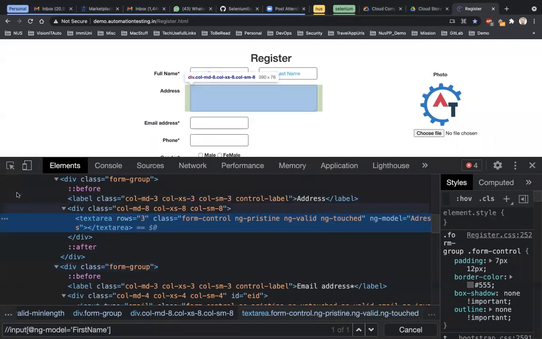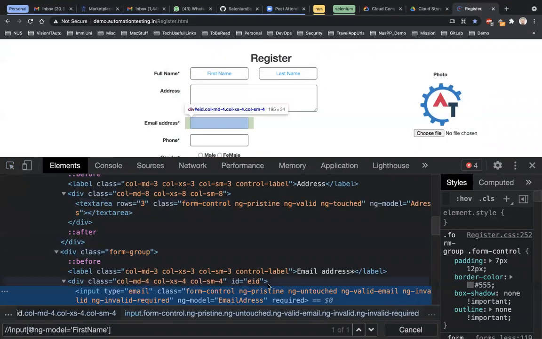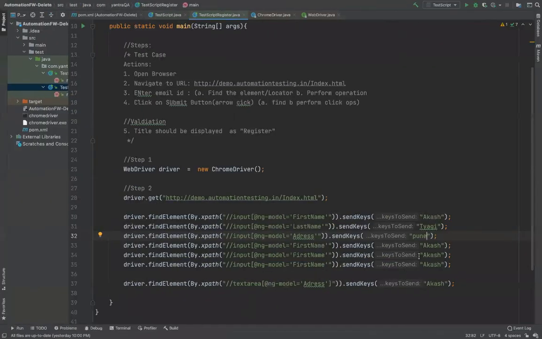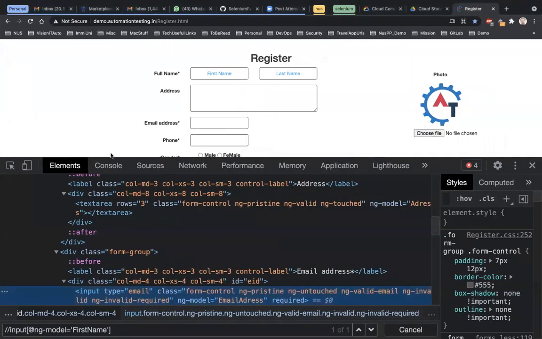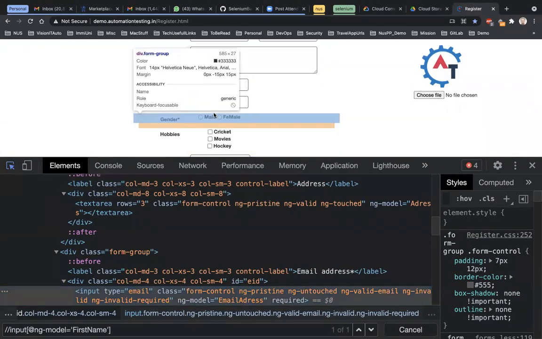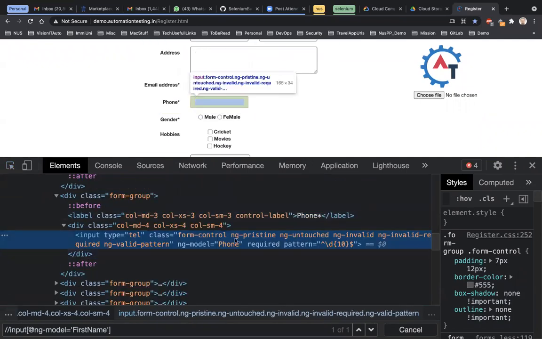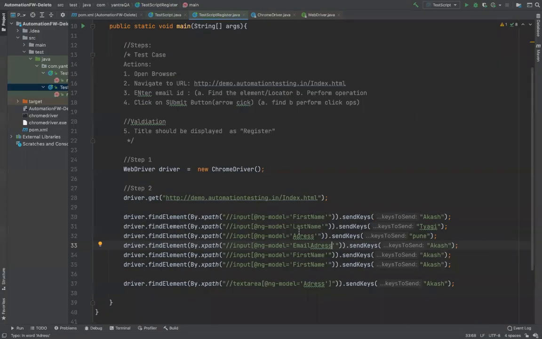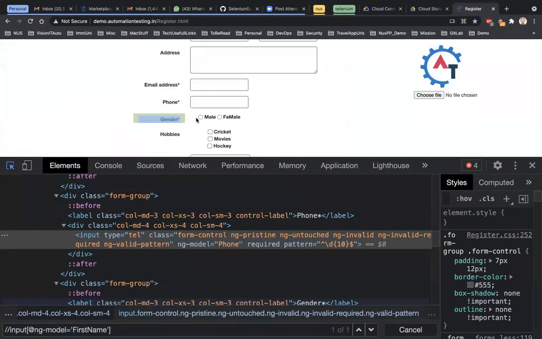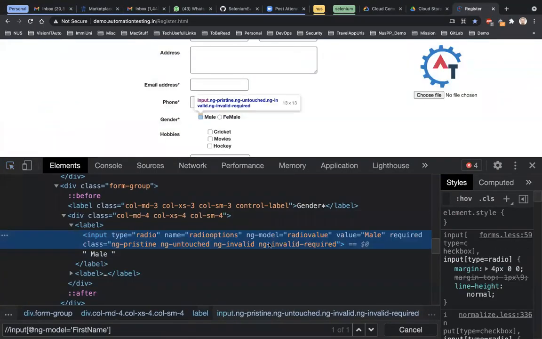Then email address, this is my email address. Then my phone number, so my phone, okay, and then my gender, so this is what it is.